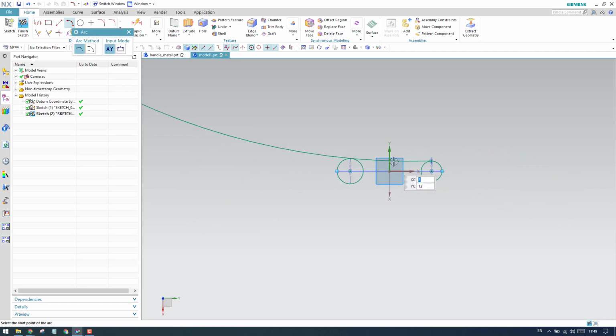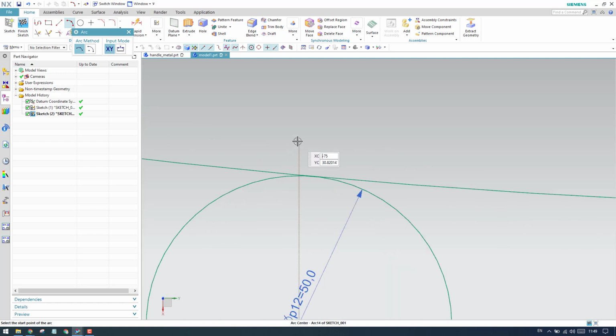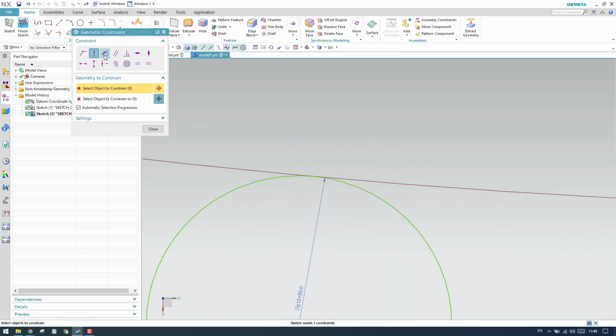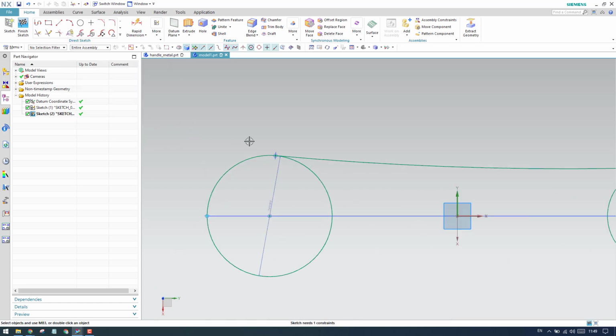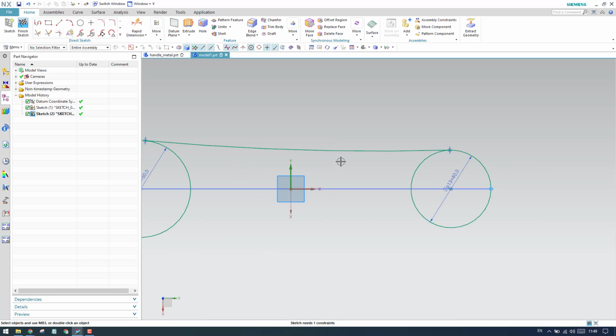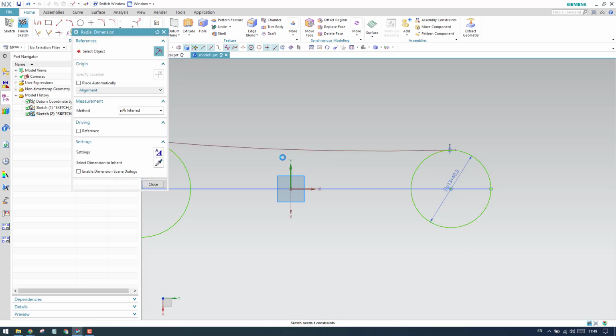Okay, this is my arc. So I'm just going to trim the extra portion. So let me constrain this. I'll just give a tangency between these two, and now I will trim with the T command. Okay, we have an arc here. So this arc will have some radius. So let us give the dimension for this. This should be 2945.